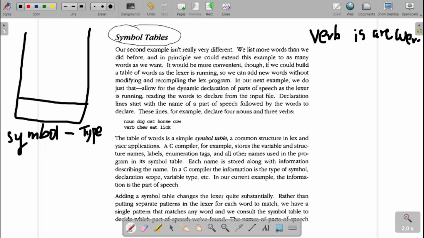Next time when I give the symbol as is, it should print is a verb. This is what I should get as the output. That is the list of the symbols I will give during the runtime, and the next time when I give those symbols, they should be recognized.